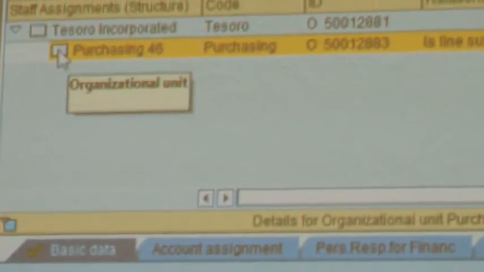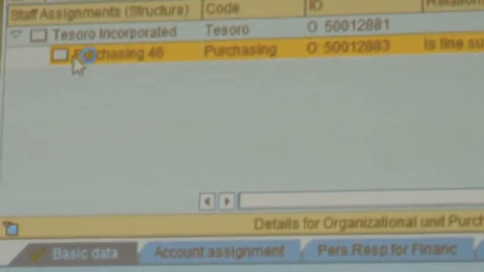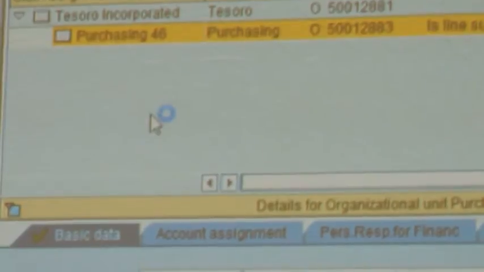Now under purchasing, we have 3 sub departments. So there are 3 departments under purchasing.